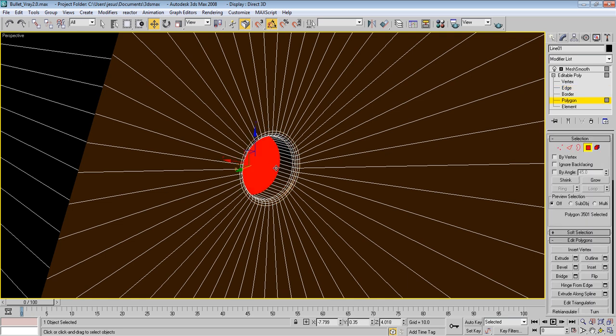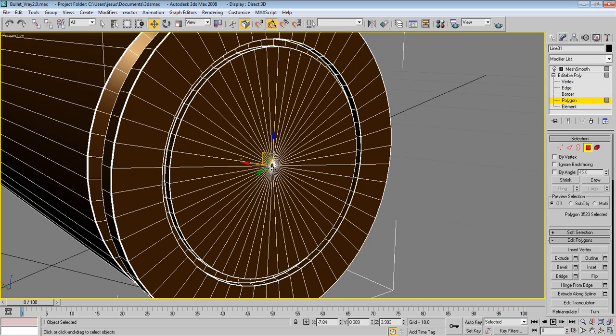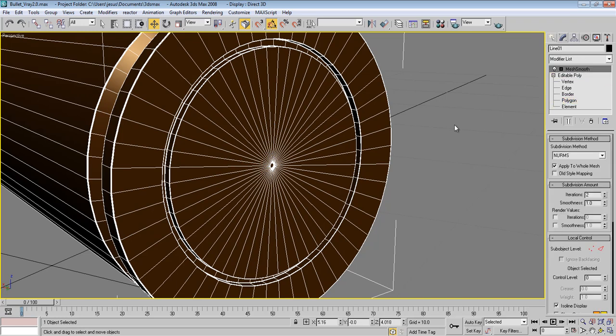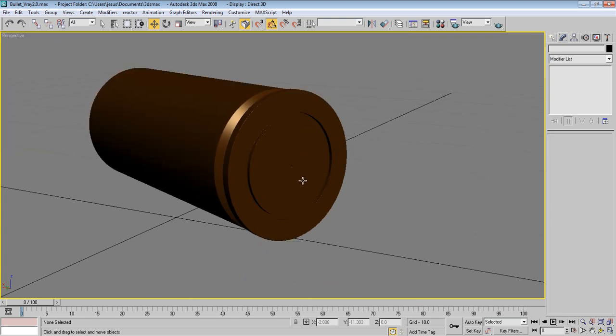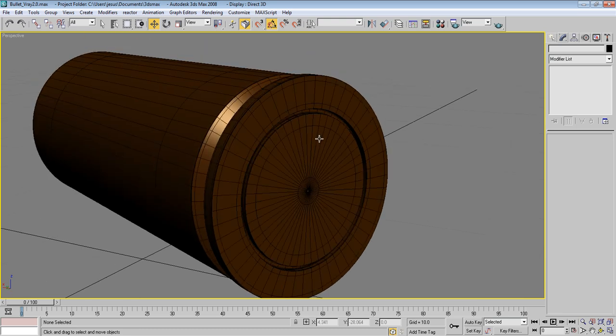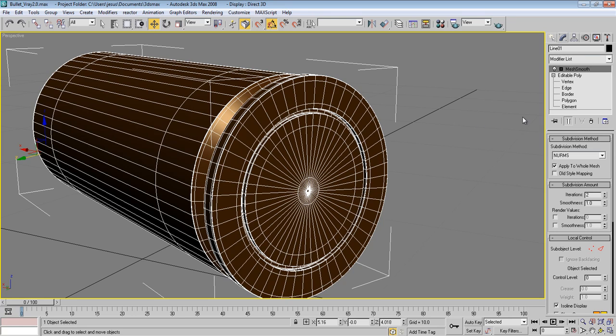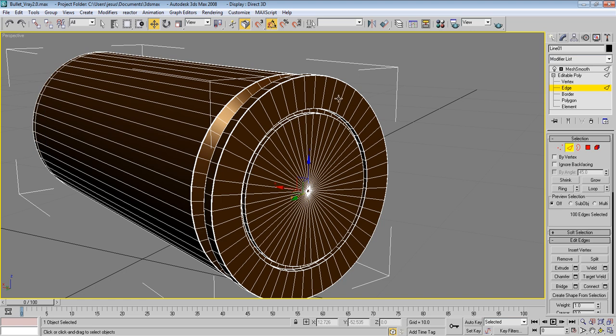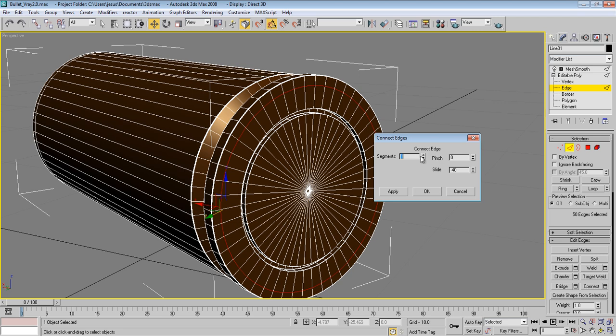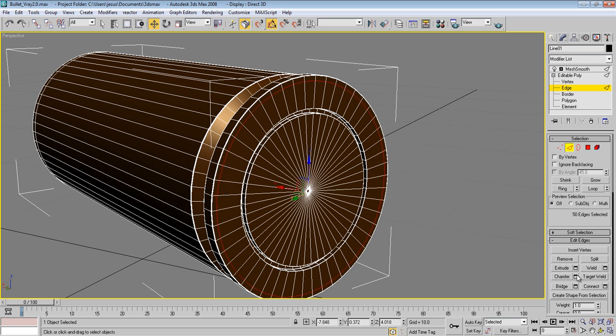let's see, just maybe you can leave this as it is now, it's not very important. And as you can see now, I have done this like so. So maybe, let's see, we just modify this more by making a small edge like here, press ring and connect again. Maybe to like here, press OK, and